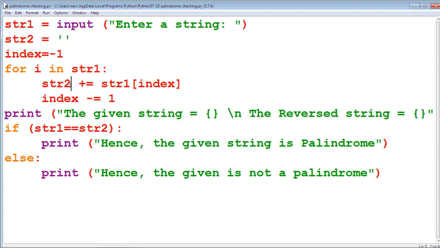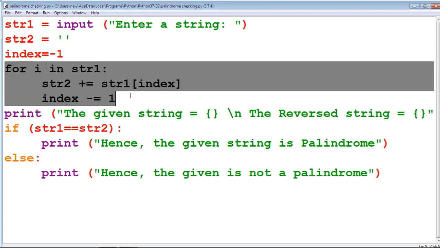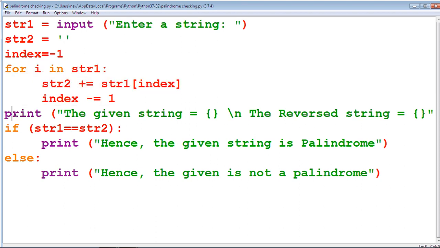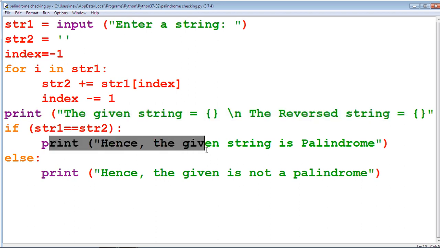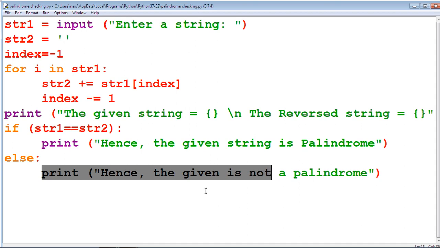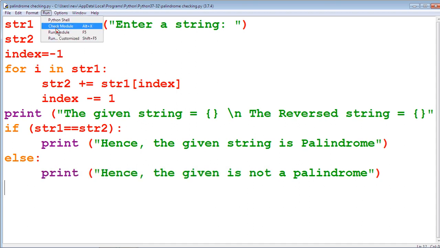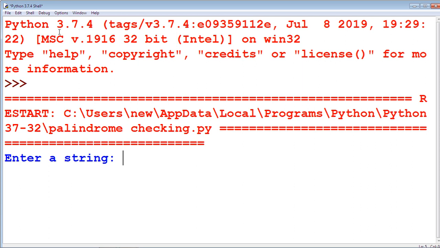The reversed string is obtained by this section, accumulated in the variable str2. This print statement prints the given string and the reversed string. When this condition is true, this print statement works, and we get the result: the string is palindrome. If the given string and the reversed string are not equal, then the else case works: the given string is not a palindrome. Check this program, give the value Malayalam.